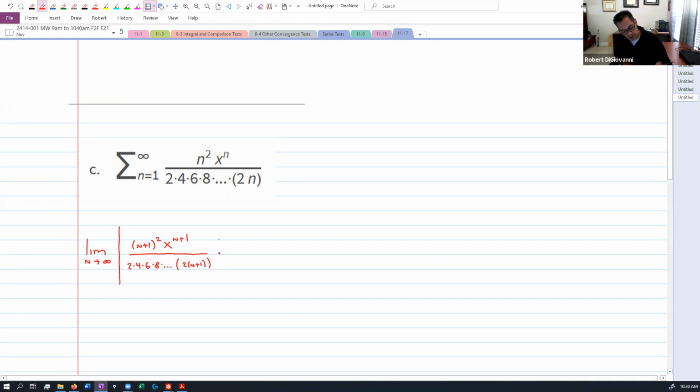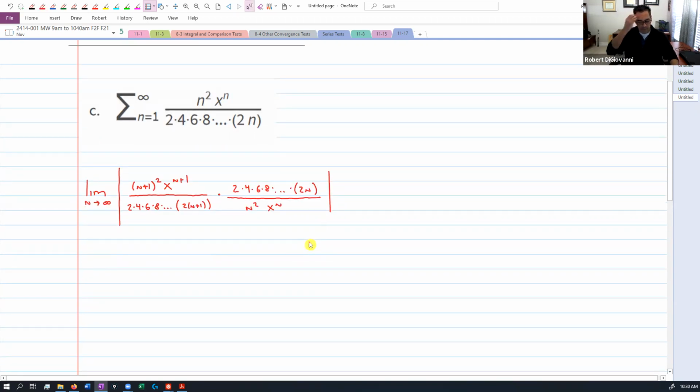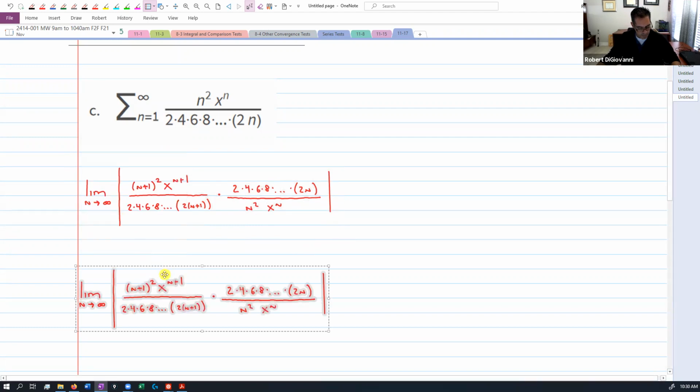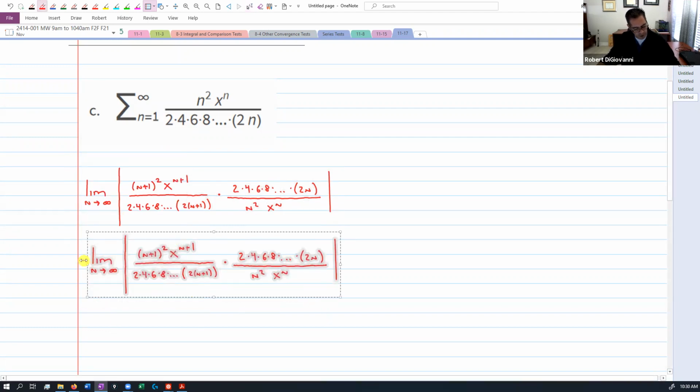Then I'm going to multiply by the reciprocal, which is going to be 2 times 4 times 6 times 8 times ... all the way out to 2n over n squared x to the n. Which is, I get to cheat, which is equal to